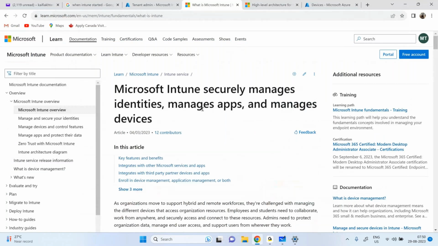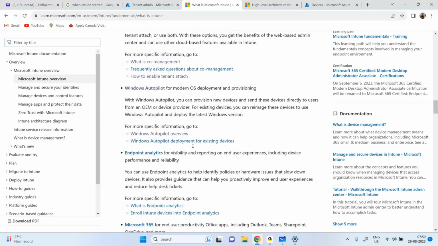Okay, then the high level diagram will also give you some information on how Intune is designed in the backend. And in this "What is Intune" page, you have other links as well, for example, if you would like to know about Intune license. So Intune is not free. You have to have a license for it. We will use the free trial license, which will be available to us for 30 days. 25 licenses we will get, and